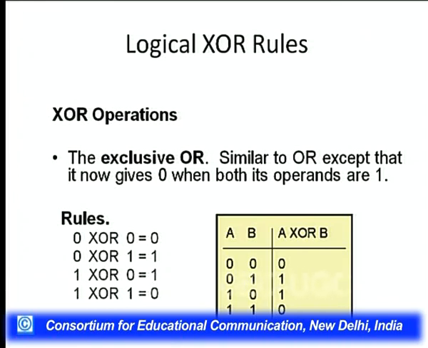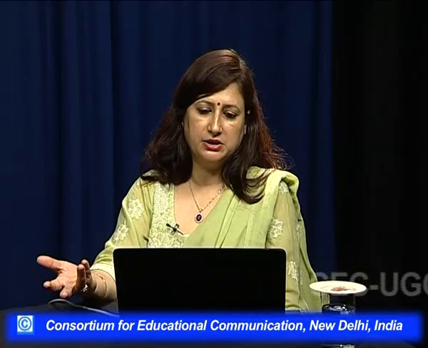Basically, OR will give a 0 only when both the operands are 0. Here it will give a 0 when both the operands are 1 also. That is, it will give you a 1 value when the two operands are different. In any case, if both the operands are the same, the answer will be a 0 with an XOR type of operation. So, when we have a 0 and 0, the result will be 0. When you have a 0 and 1, the result will be 1. When you have a 1 and 0, the result will be 1. But if you have both the operands as 1, that is 1 and 1, then also your result will be